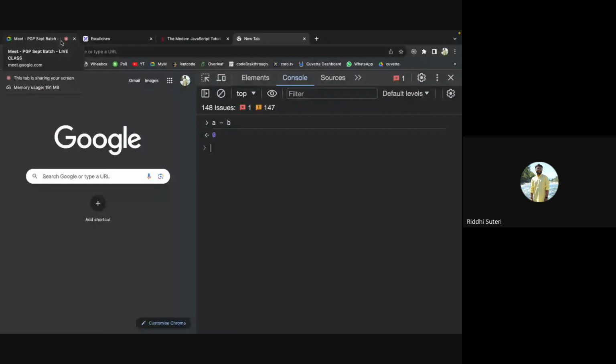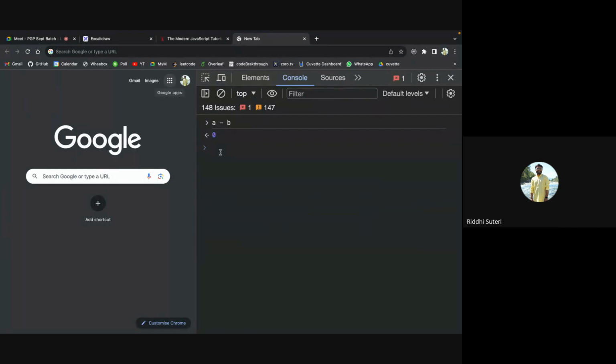अगर आप subtraction कर रहे हो, since subtraction is not a valid operation on strings, आप string में से subtract नहीं कर सकते. You cannot say Riddhi minus Riddhi, Suderi minus Suderi will become Riddhi. It's not like that, right? So for that very reason, it automatically tries to convert all the strings back to their numbers if it is possible. अगर possible है तो उसको convert कर देगा and you'll receive the result in this format.